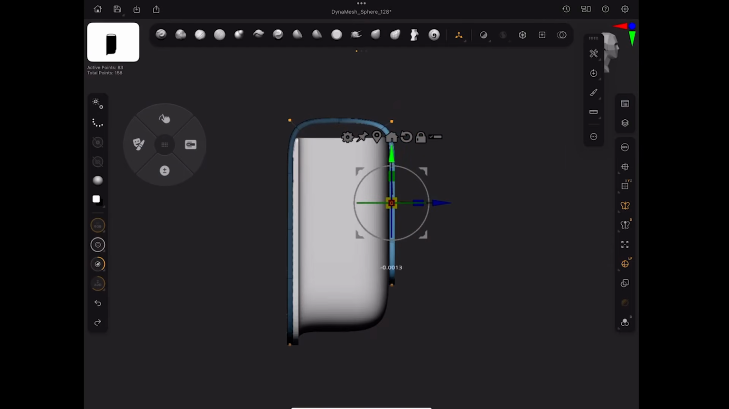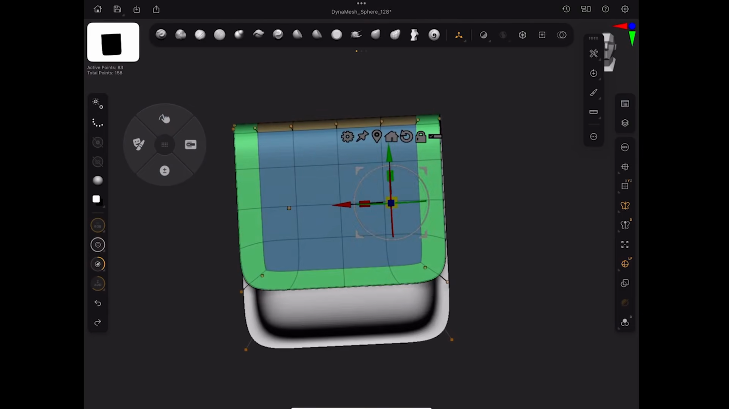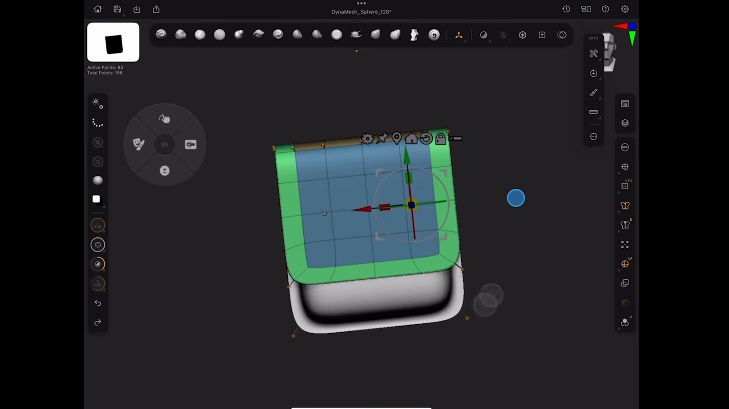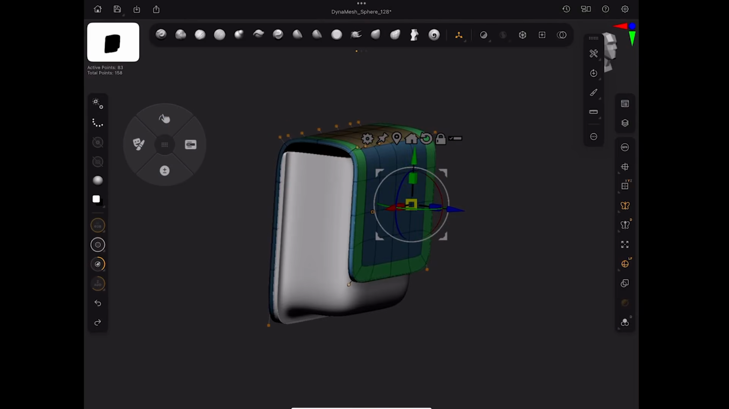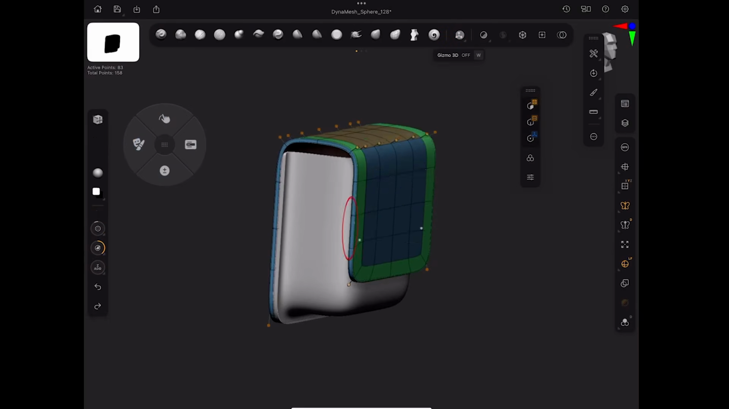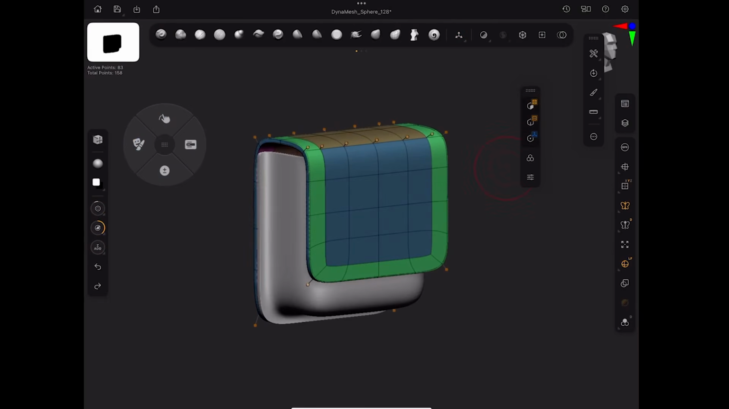There we go. Like I said, you can totally decide if you want to make it a thicker pouch or a thinner one. It's totally up to you. It's just about the blocking, really. So that's it. I'm going to hold Control, click, and drag. And now we have the basics of our pouch